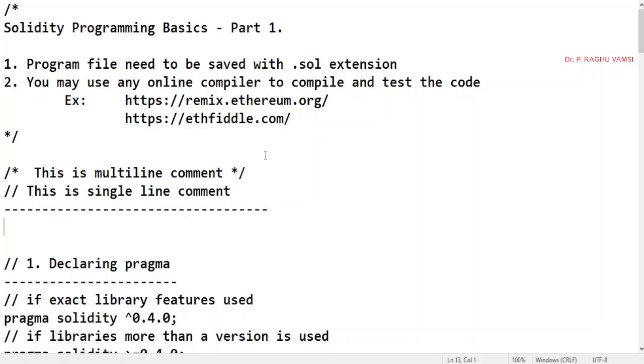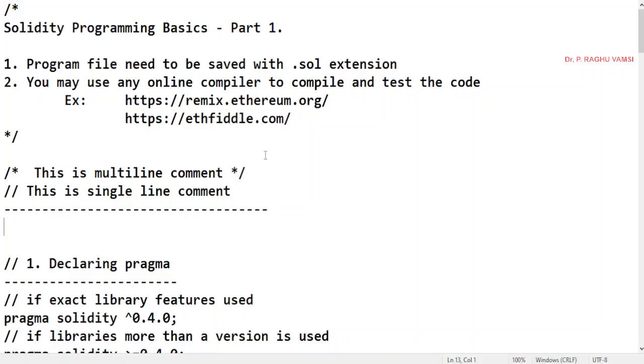You can find this code in the Google Classroom, where I will post it. You can download it, copy and paste this code into the Remix IDE, compile it and run it to see the output.